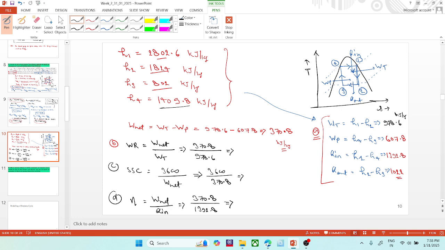70.8 divided by 978.6. So the work ratio is around 38. Okay. And the specific fuel consumption, divided by 370.8, it is around 9.7